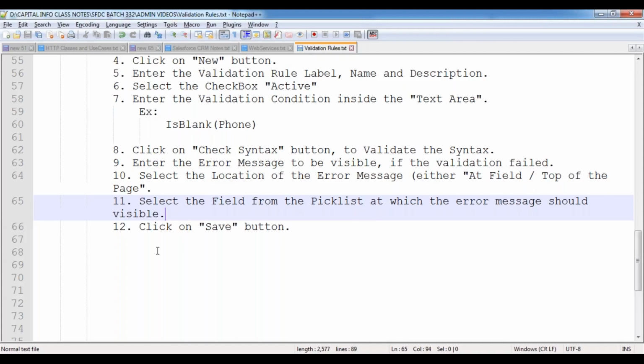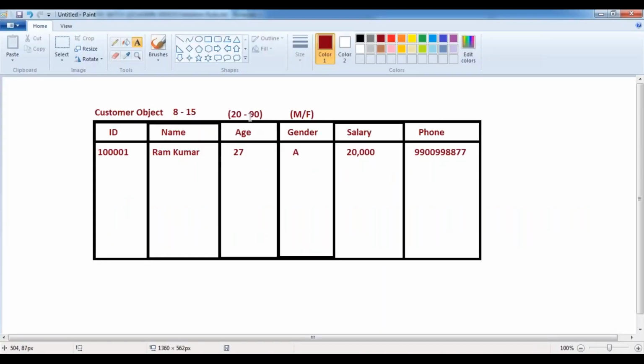Sir, I have one doubt. Yes. Sir, by using data type, can we make a field mandatory? Only field mandatory you can do, remaining validations you can't do, right? Okay. Only mandatory we can do by using the required checkbox. But remaining validations, for example, I want to indicate that age should be between 20 to 90. How can we do that? Name should have minimum 8 characters, maximum 15 characters. And then gender should be either male or female. How can we do this? These are not possible through the required checkbox, right? The required checkbox is only to make the field required. That's it.